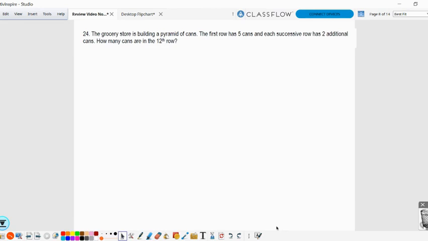The first row has 5 cans, so let's go ahead and label that as the first term. Each successive row has 2 additional cans we're adding. Common difference is 2. And we'd like to know how many cans are in the 12th row. So we're looking for a term. That means we'll use an n value of 12 with our arithmetic rule for sequences,